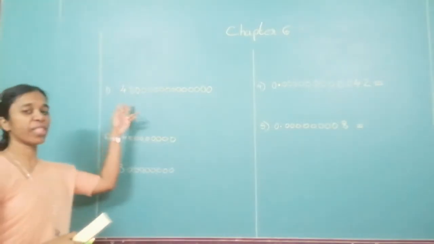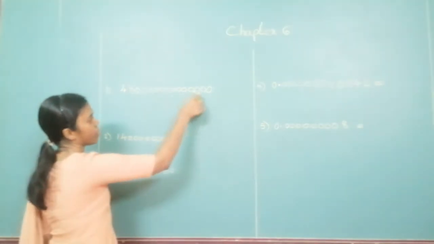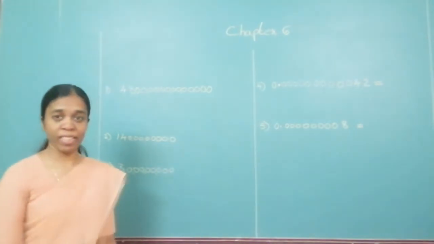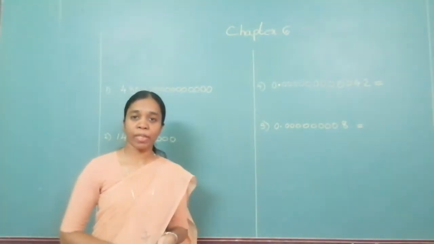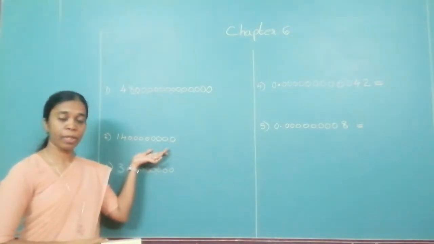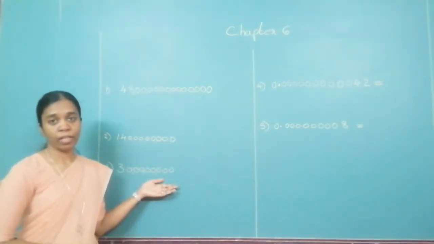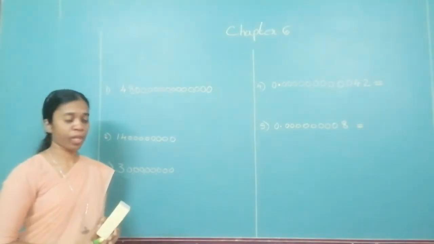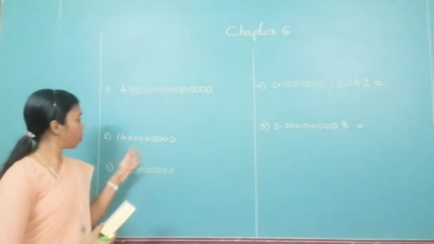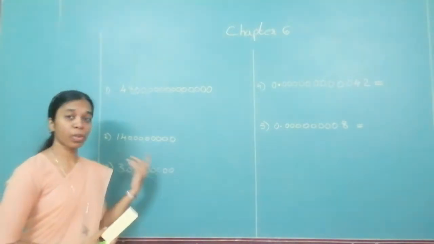Can you see that? Can you read this number? Is it easy to read? Try reading this number. Is it easy? So we have some numbers like that. You can see this number. This is the diameter of the sun in meters. This is the speed of light. How do we say the speed of light? We say 30 crore or 140 crore. Is it easy to read such kind of numbers?